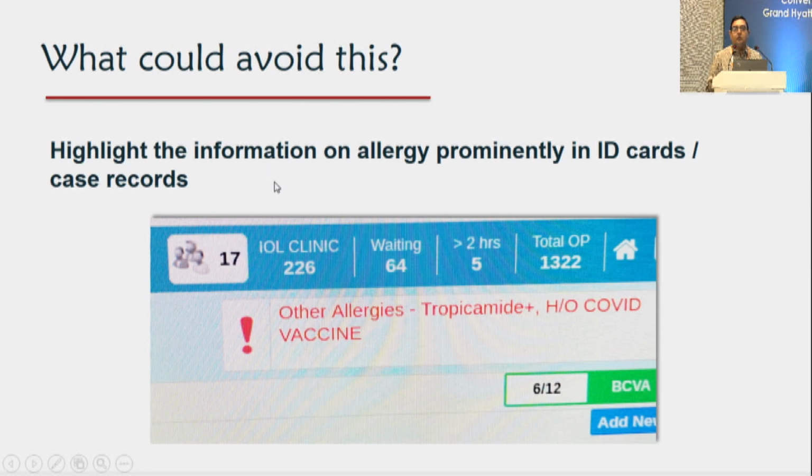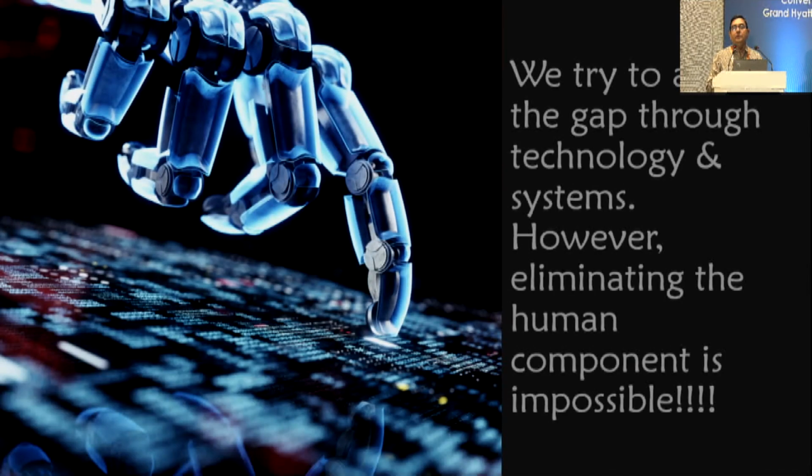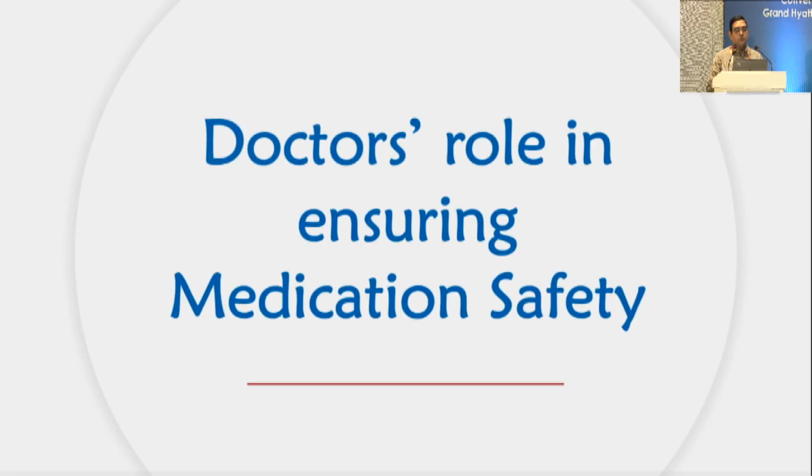We should have a history of allergies taken, and once we know that there's an allergy, we highlight it in the EMR. We write it also on the case sheet. We stick a sticker onto the ID card of the patient, and a sticker on the record if it's a physical record, so that every time the patient comes, it can be known and the patient is not dilated. So all these show that the gap can be addressed with technology, but however, as I said, the human element is the most important.